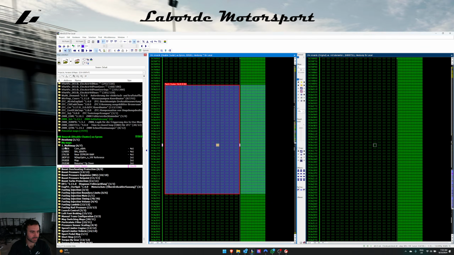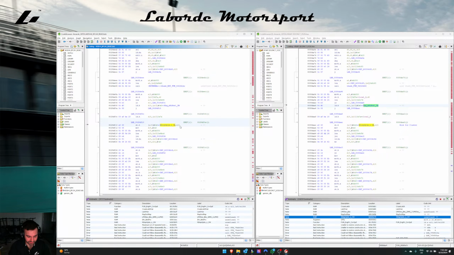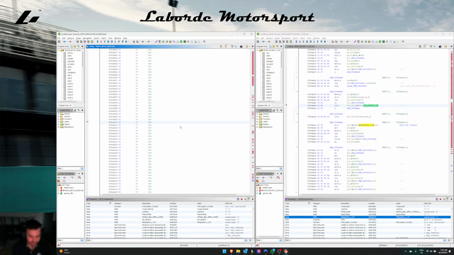Okay. You can see here, we've got our multi-map folder with all of the different maps that I've created for my own various reasons, but this is where the patch is going to be. So I'm going to copy that address, and I'm actually going to go to that address in Ghidra. So it'll be something like that. I'm going to label it. I'm going to call it multimap